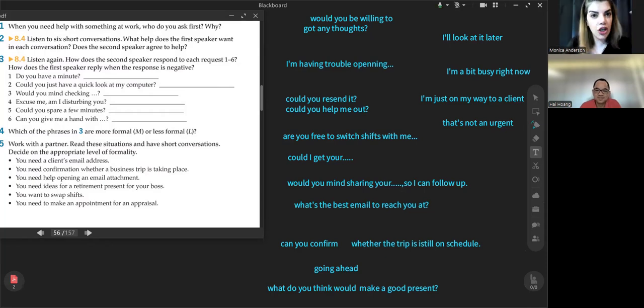This is actually the problem with most students. Of course their level is good, but because they don't know conversational language, they say things that come from books and we're like, no, we don't. So I'm trying to give you different alternatives. For formal, for example, I have something important on Wednesday: would you be open to switching shifts?